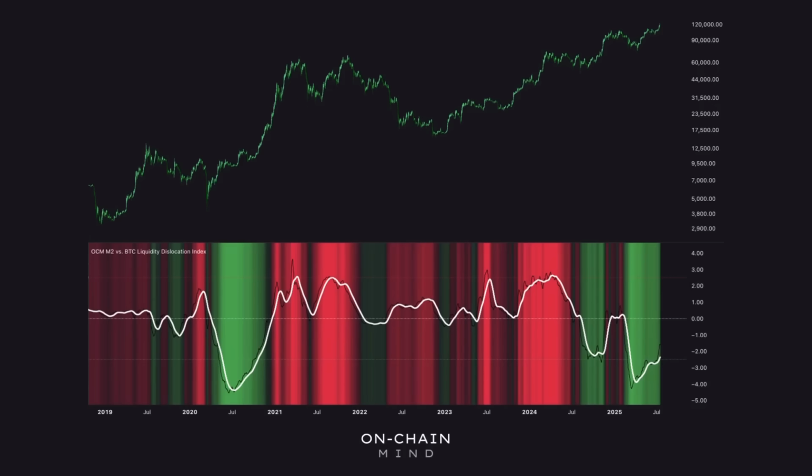It tries to estimate when Bitcoin is priced too high or too low relative to the global liquidity trend. I use it as a way to spot bigger, longer-term shifts or bubbles, and to see how far apart these two are compared to their usual behavior. Green on this chart means Bitcoin's year-over-year performance is underperforming relative to global liquidity growth. In other words, Bitcoin is relatively undervalued compared to the liquidity expansion.